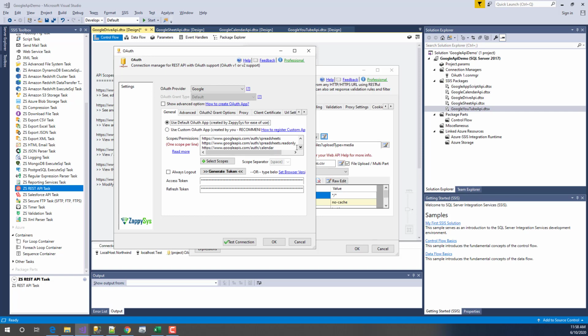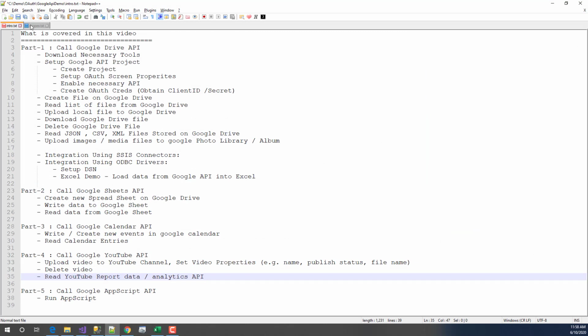So very first thing you have to do is you have to supply the scopes, and scope is like which permissions you want to grant when we actually create these tokens, right? So each set of tokens comes with a set of permissions, and the scope is nothing but the permissions. Every API call you make to Google needs some sort of a permission from you, right? And you have to explicitly say these are the permissions I want to grant to this API call, right? So as we talked a little bit, like, okay, in this video we're going to